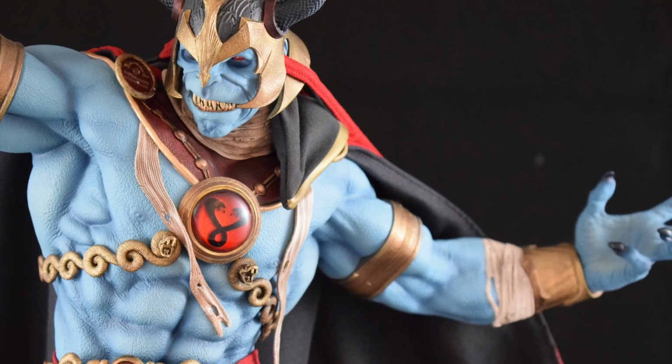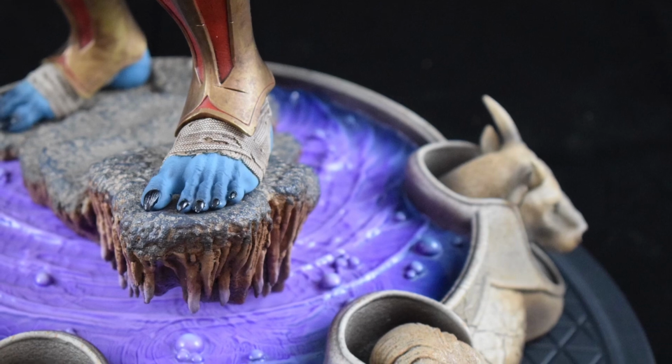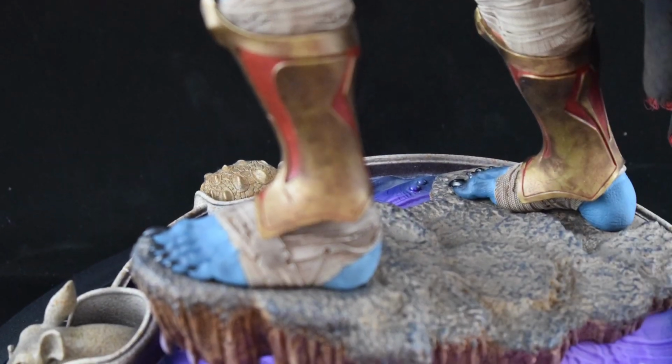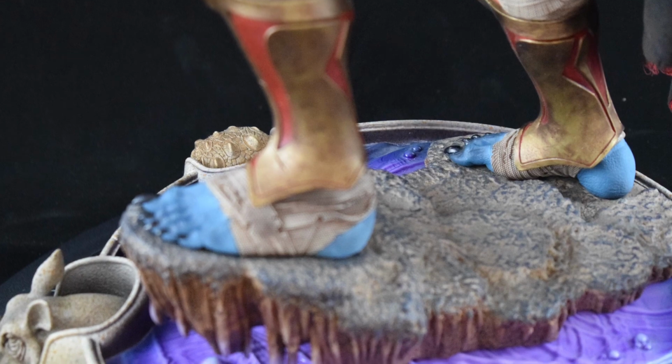But they did a good job with the development of his arm muscles and his abs and his thighs. And then even on his feet is really the only place that there's some variation in the blue. It's a little bit darker, which I'm confused by, because I guess that may be comic or cartoon accurate, but I'm not sure. Otherwise, it's a lot lighter blues mixed throughout, but like I said, there are some darker blues